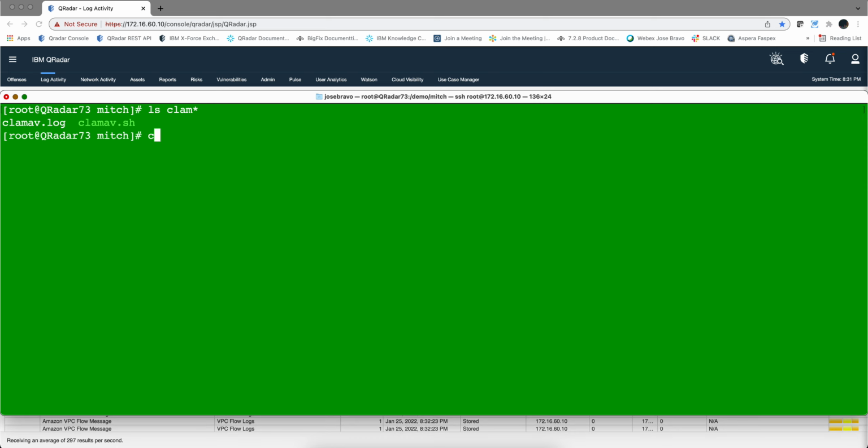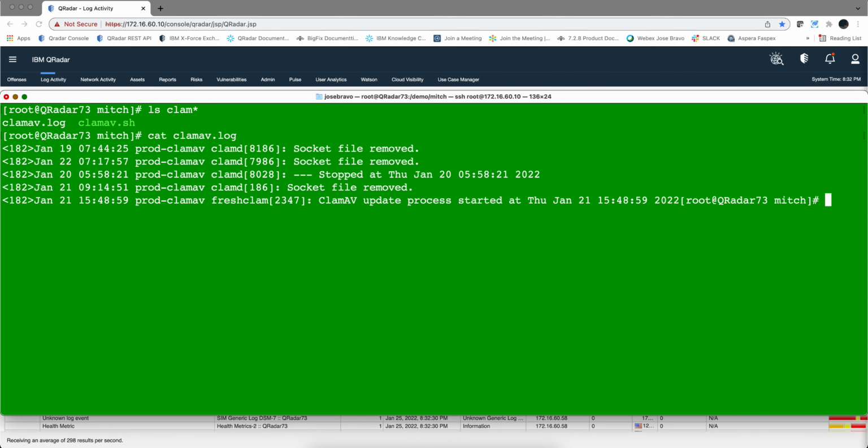One is the actual logs. Let me show you ClamAV.log. And these are the three event types that we're going to be replaying. So there's a socket file remove, one of ClamAV started, one of ClamAV stop. And we want to make a parser for parsing only those three to keep the video short, even though it's going to be